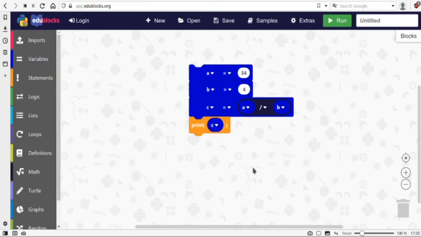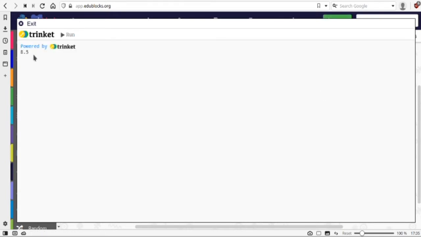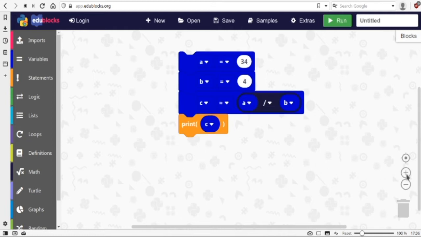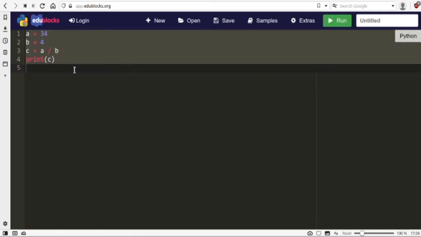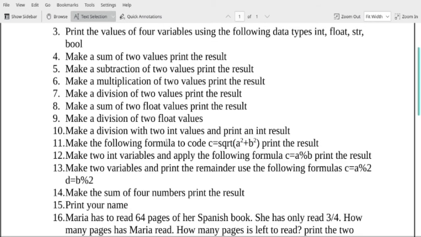Now we are going to run it, and it's going to display the result of this division that we have here. So we change here to blocks, so we can see the Python code, and here we take the screenshot of the procedure that we have. Okay, now let's go to another